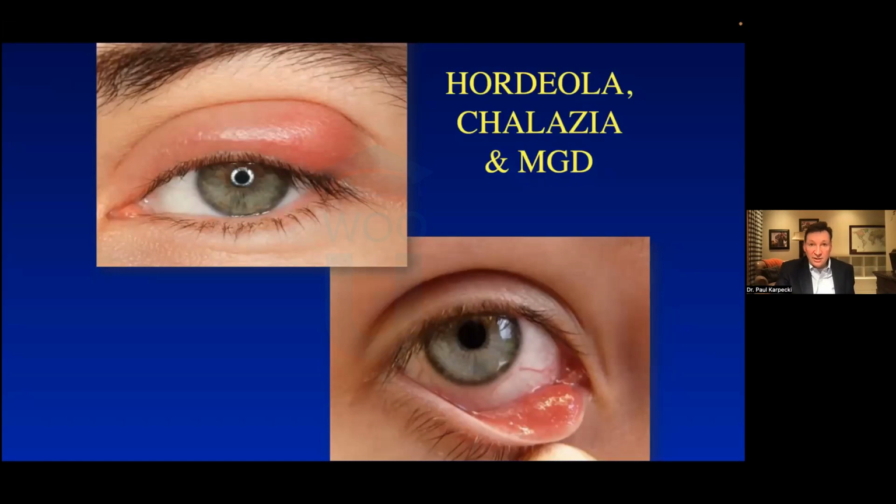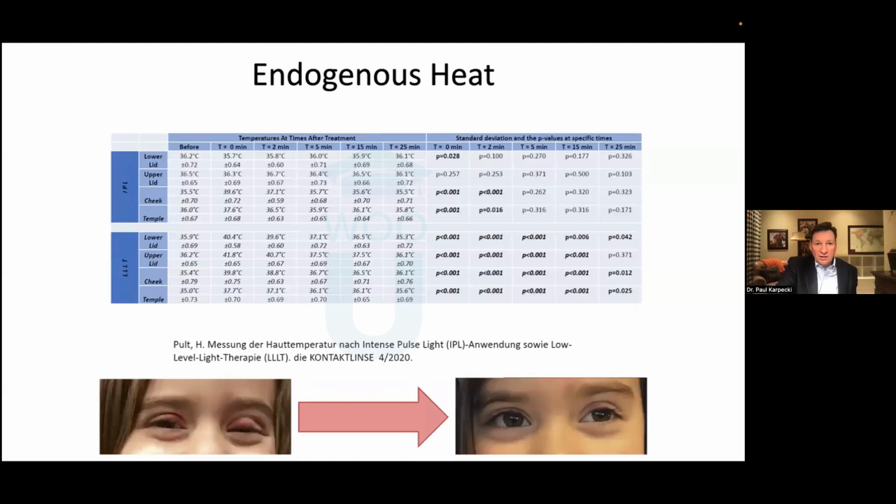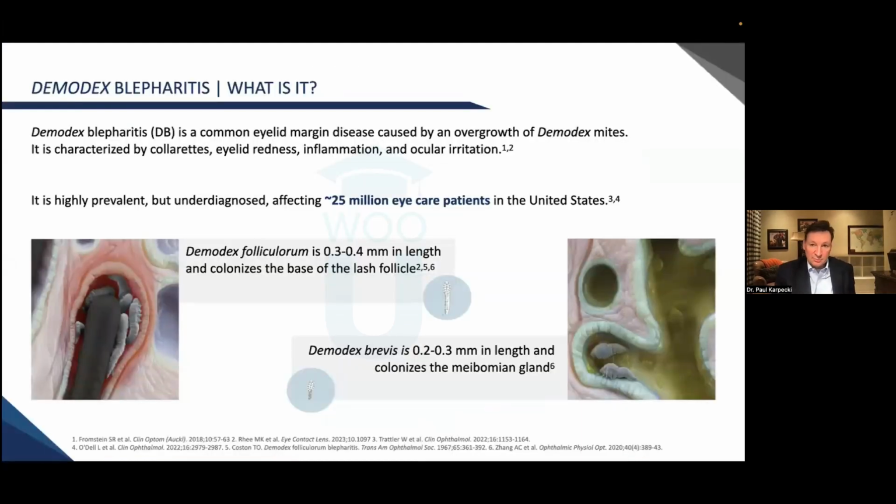Hordeola often, I think the number 1 reason for hordeola in my clinical experience is Demodex blepharitis. Notice all the collarettes at the base of the lashes in that top image with the hordeola, and even in this one here, and it's just fascinating. We're not going to go into LLLT too much today, but I want to get into Demodex blepharitis and what it is. It's a common eyelid margin disease, as we said, the most common form of blepharitis, characterized by collarettes, which are pathognomonic, meaning if you see this, it can only be Demodex blepharitis: the sleeves at the base of the lashes, the white little things at the base of the lashes, either clear or white.